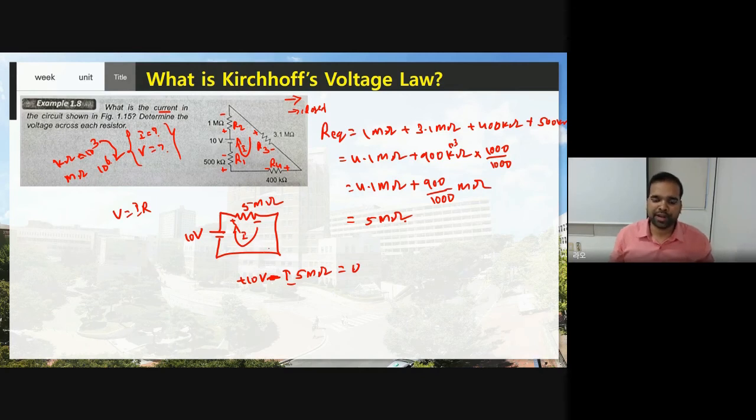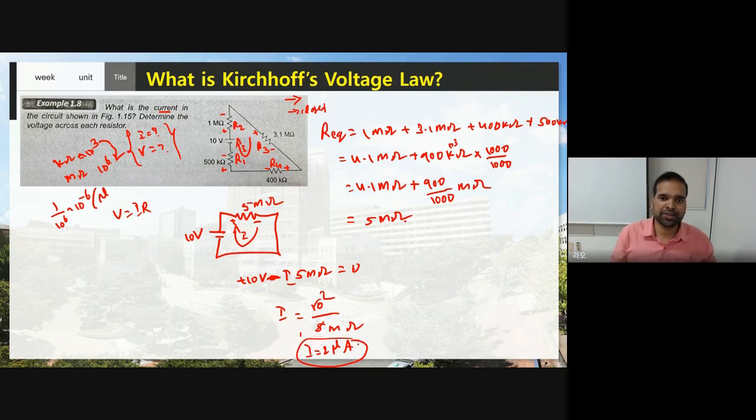Now what we need to find? We need to find the unknown parameter, that is I equal to 10 by 5 mega ohm. So here this is 1 and this is 2. This is mega ohm, 1 by 10 power 6. Can I write 10 power minus 6? Yes. 10 power minus 6 means micro. Therefore I equal to 2 micro ampere. Clear. Now see here, by using KVL, you find the current. Current is 2 micro ampere.